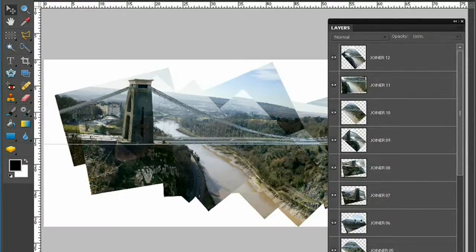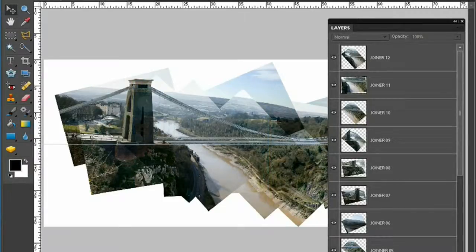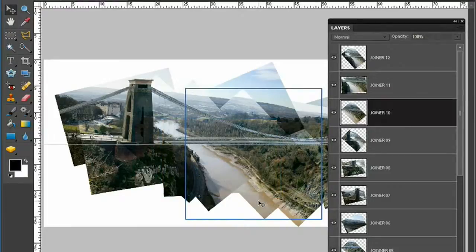From that point on, you've just got to repeat the same process to add more shots until you've got 12 in the layers palette, and you've repositioned them and aligned them and rotated them to get a shot that looks something like this. You can then go to the move tool, tick auto select layer, and then when you click on a layer that needs to be tweaked,